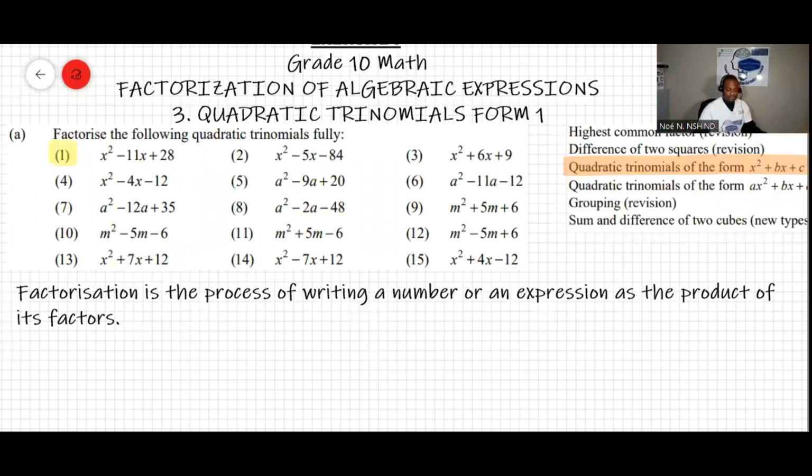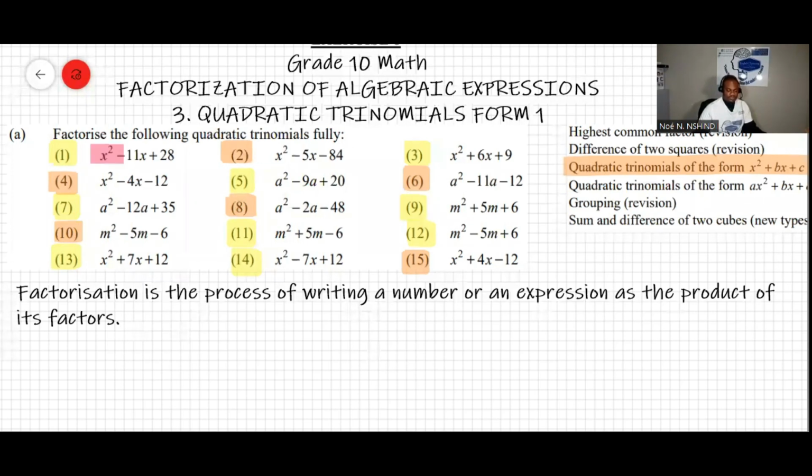question 1, question 3, question 5, question 7, question 9, question 11, question 12, question 13, question 14. Then we will consider question 2, question 4, question 6, question 8, question 10, and question 15. I'll tell you why. Now let's first do the questions in yellow. Okay, let's start with